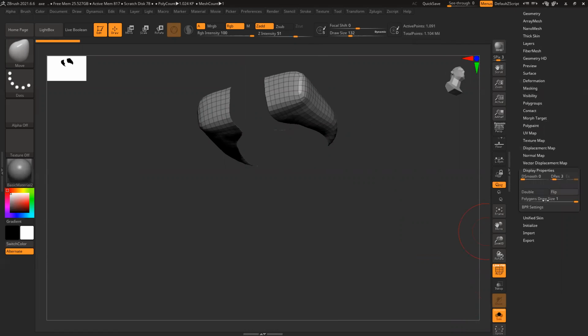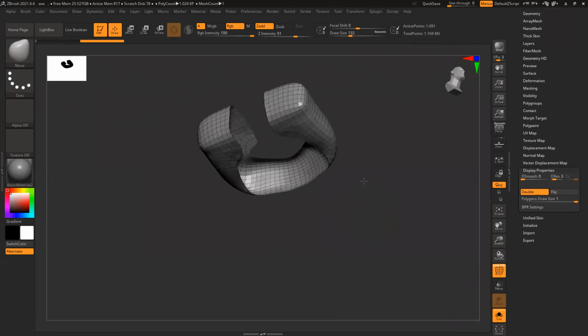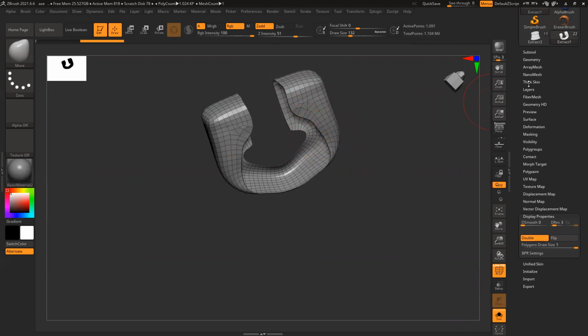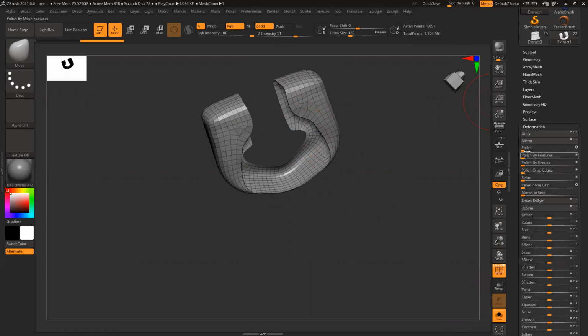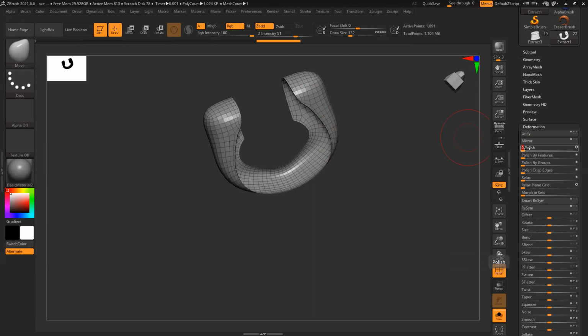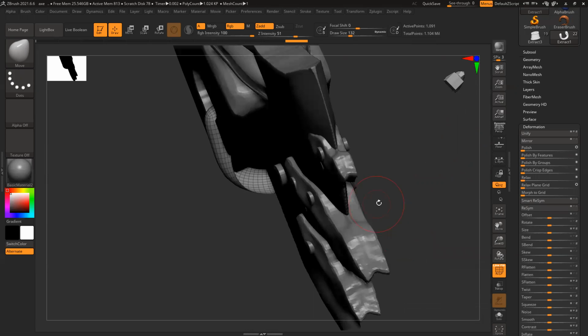Display double. So I can see both the sides and I want to fix this edges and all. So it's little irregular. So what I can do, you can go to deformation and polish it a little bit. So it will make all the edges and everything little smoother and cleaner. And I can relax the model slightly.